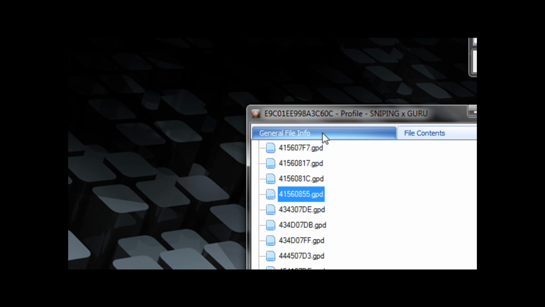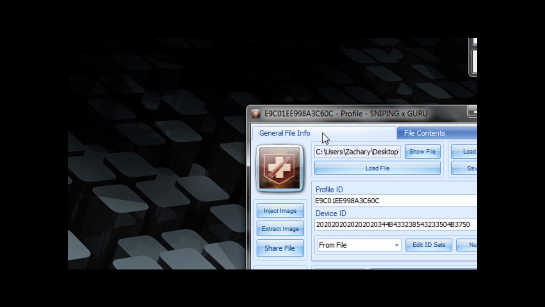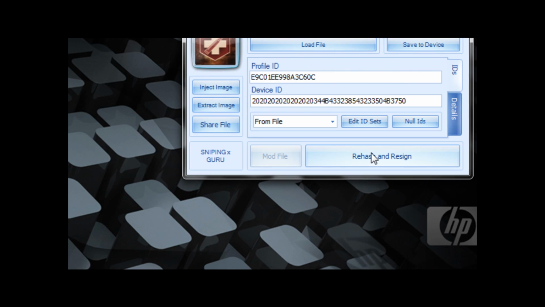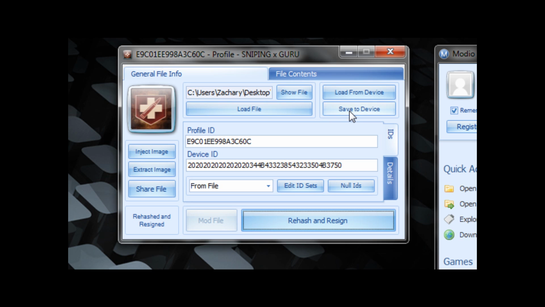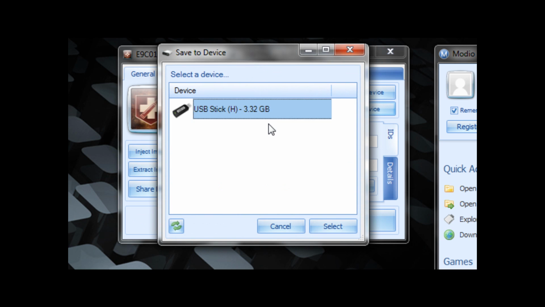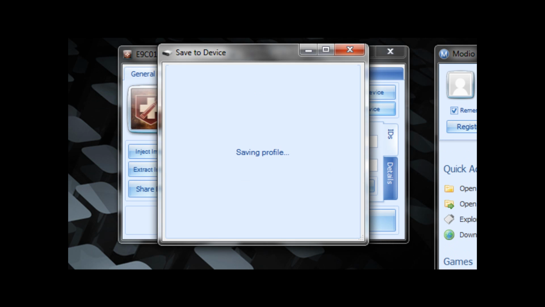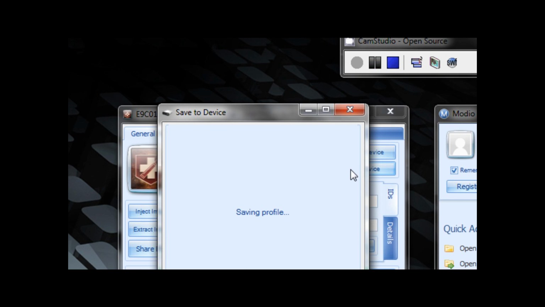And then go to File, General Info, Rehash and Resign. It should say Rehash and Resigned. Do it maybe once, twice. Just so you know, Rehash and Resigned. Alright, now all you have to do is click Save to Device. And it should ask you where you want to save it to. Just hit select, saving profile,